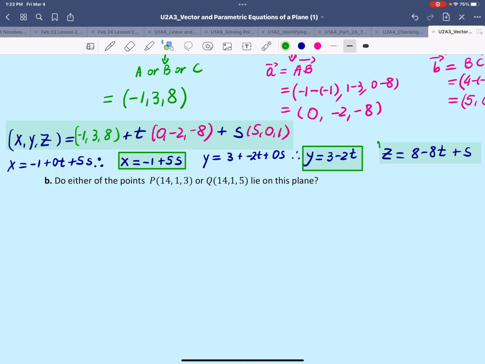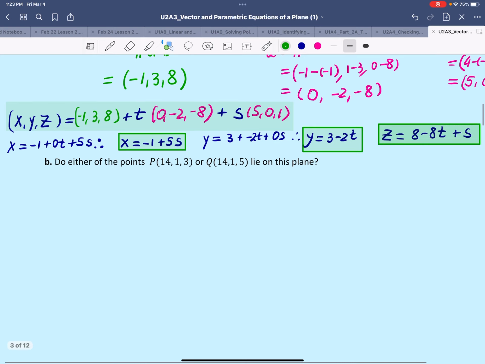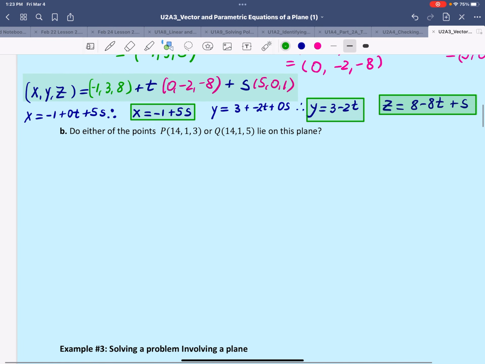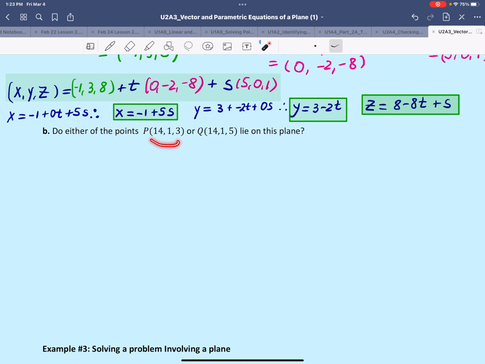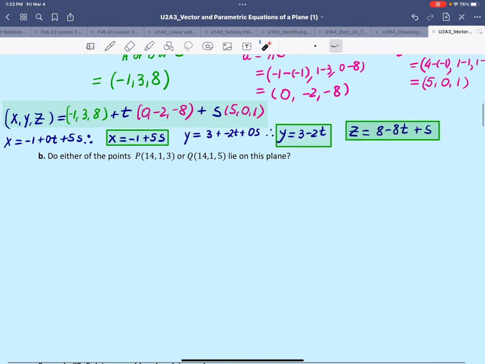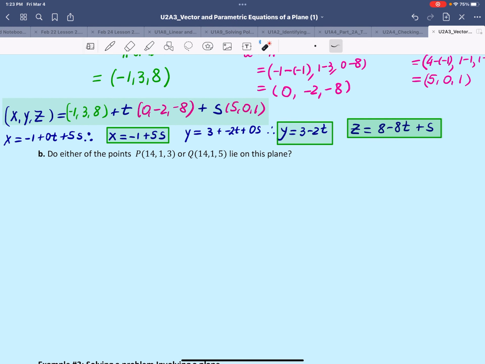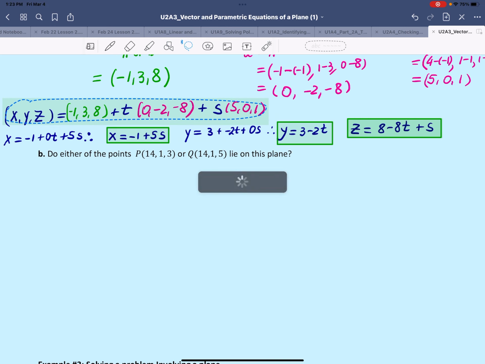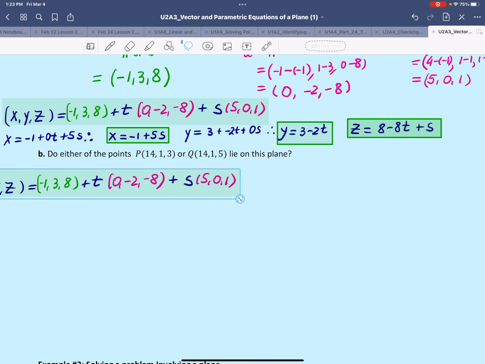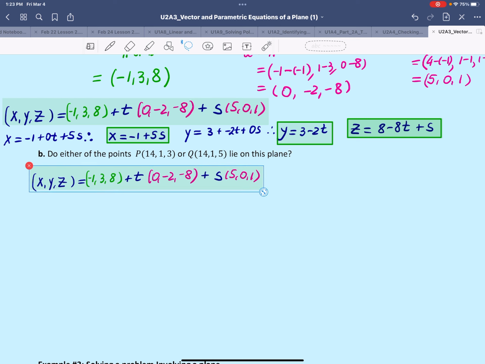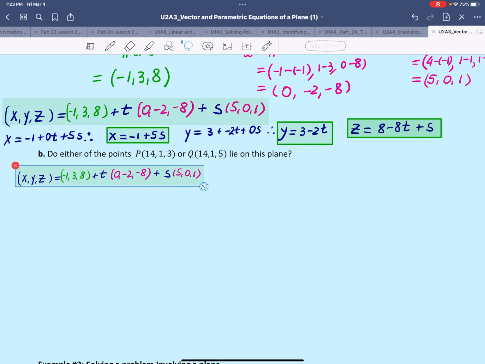Okay, so moving on to the next example, we have the next question. We have to identify whether these points lie on the plane. So for the points to lie on the plane, they must satisfy the vector equation. So I'm going to grab this vector equation here because we're going to need to use it. And I will plot it down here. Now you can use either parametric or vector equations if you want to prove whether or not a point lies